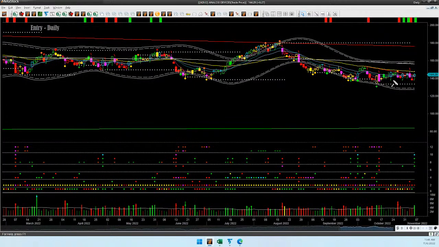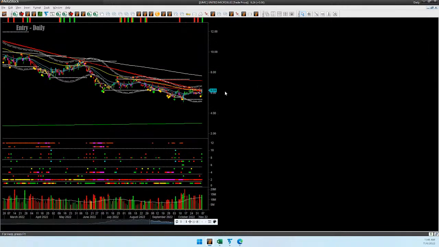ADI, Analog Devices. It did break out of a trendline resistance, but if I take a step back, it is still moving inside a narrow range. This is a stock to keep an eye on because it came near jump thrust low at price extreme low and then displayed big move up 3. I may be interested in this stock if it can break out of this very narrow sideways range. For now, let me close this.